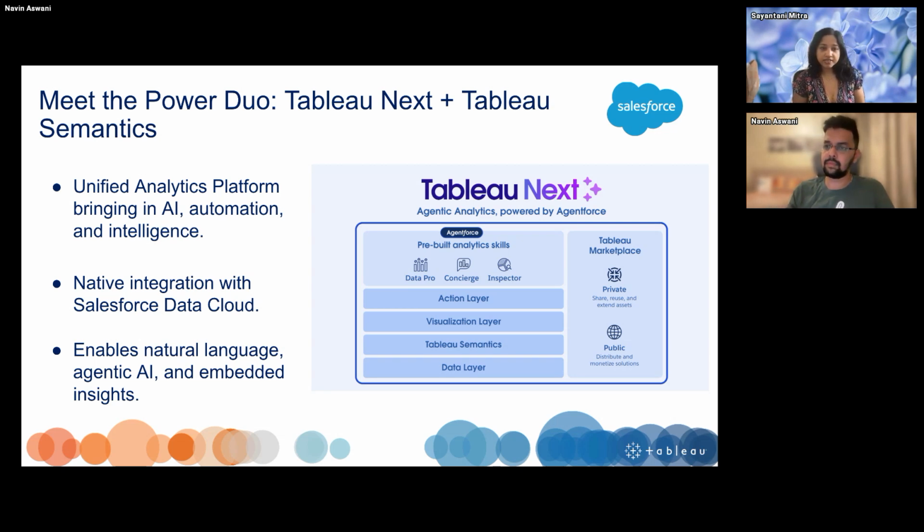It also enables natural language processing. So there are places in the semantics layer where you can just go and ask that there's a filter I want to create, and just put it in. Let's say I want a filter for product X, Y, and Z. Just put that in, and the natural language processing AI, which is I think the Einstein layer behind it, is going to create a SQL query for you, which you can also see and edit if you want to.